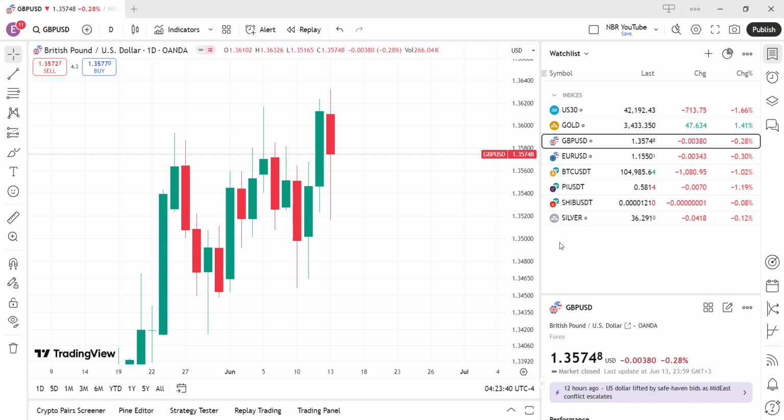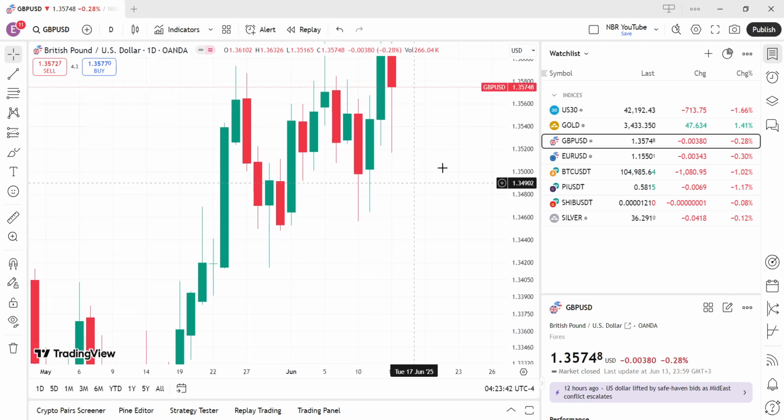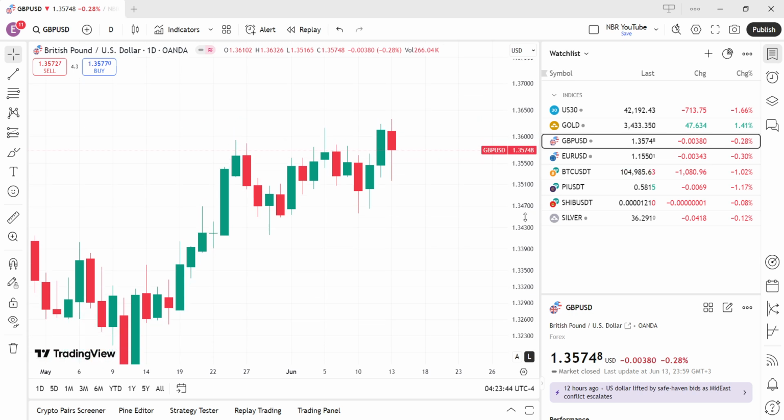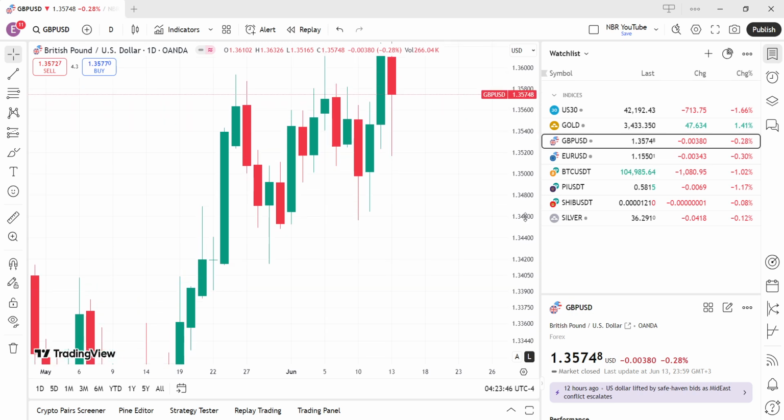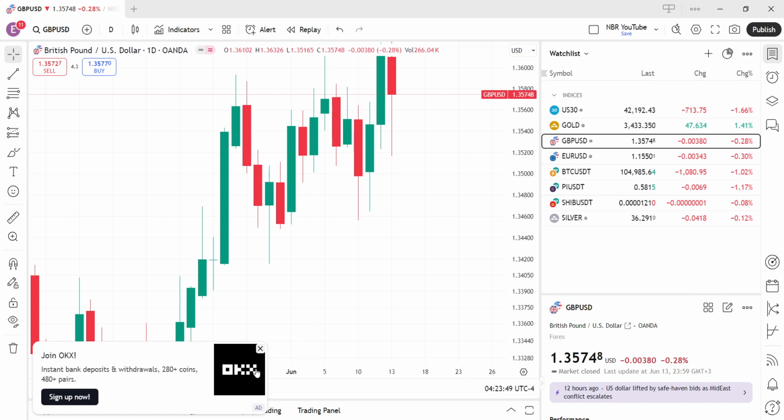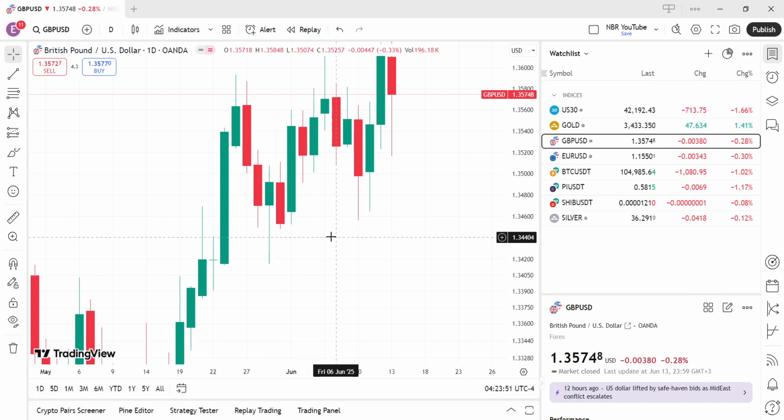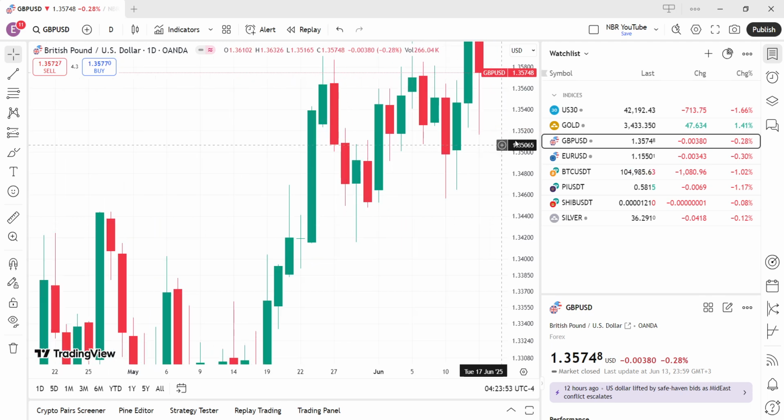But now mainly it will be focused on the Fibonacci retracement, and I will be focusing with you more on market liquidity, buy side and sell side liquidity